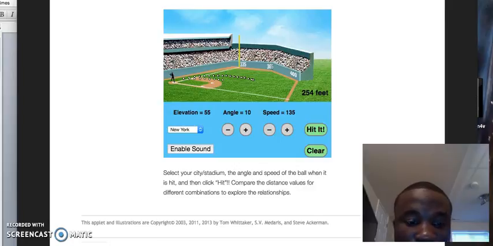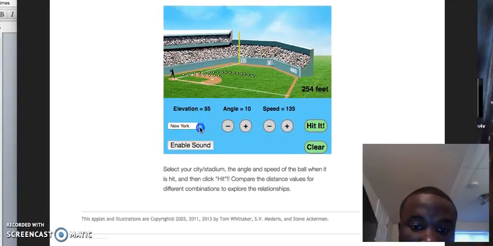Welcome to class, students. Today we're going to be talking about frictions and flying balls. So there are three things I want to mention, and I mentioned it earlier in the lesson, which was elevations. The next one is angle, and the last one is speed. So when it comes to elevations in this